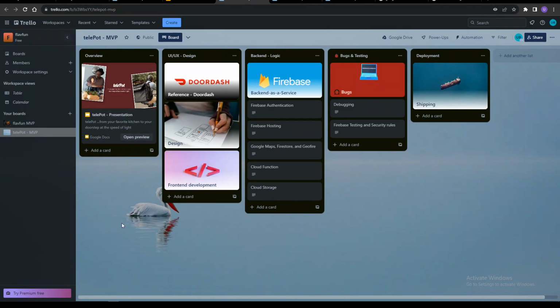And after the design, we get the references of those designs from the DoorDash app, the Dashers app, and the design and the workflow, then front-end development using HTML, CSS, and Vanilla.js. I'll be using Vanilla.js mainly. So this is Firebase Authentication, where Google, Facebook, and other third-party OAuth